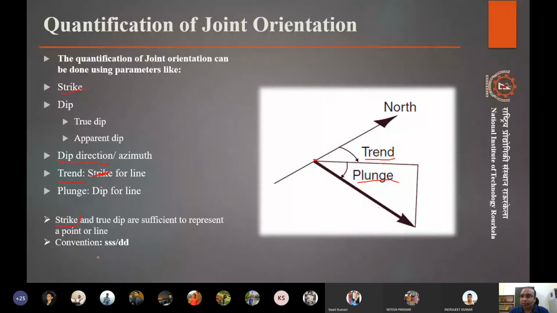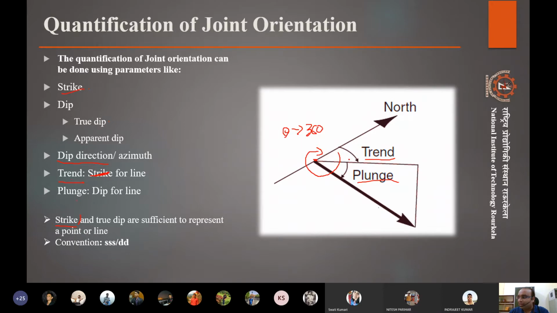When we quantify a line or a plane in terms of orientation, we generally follow a convention that the strike angle, measured with respect to north, can vary from 0 to 360 degrees.